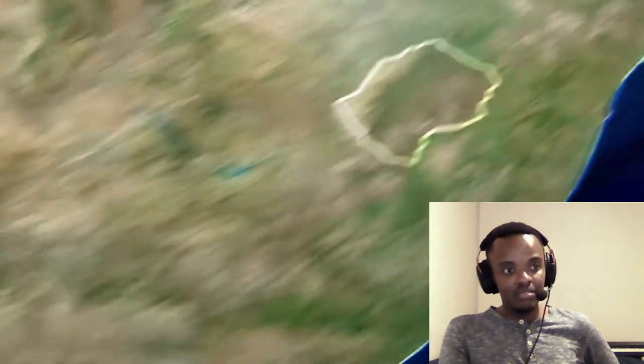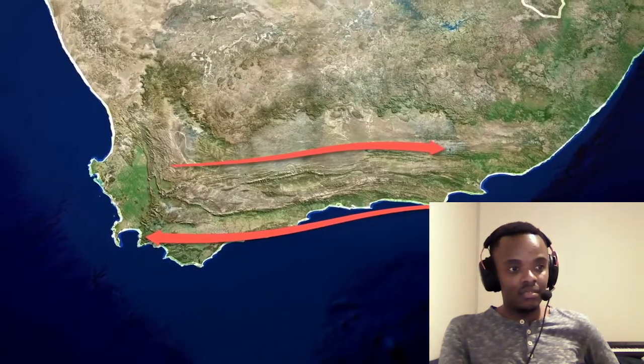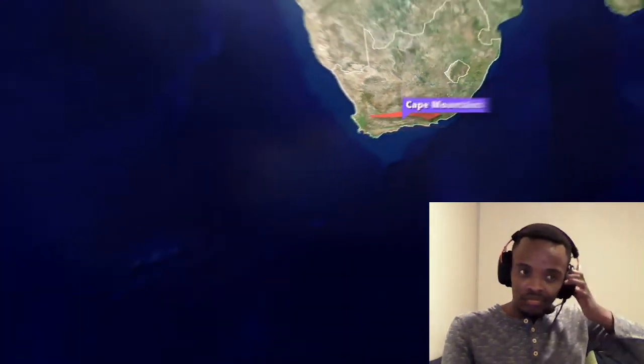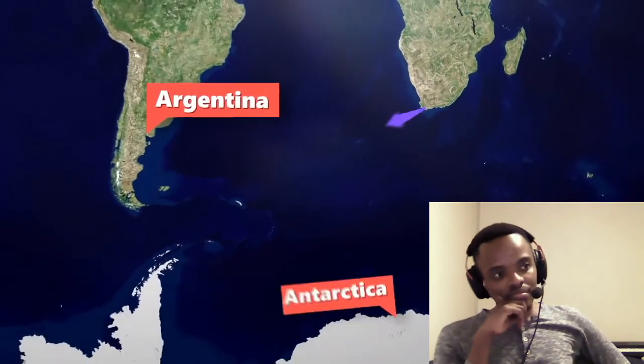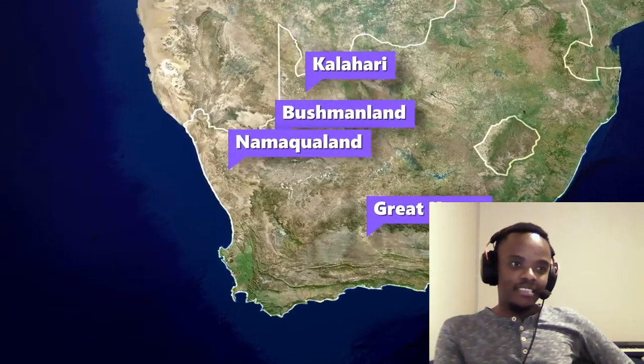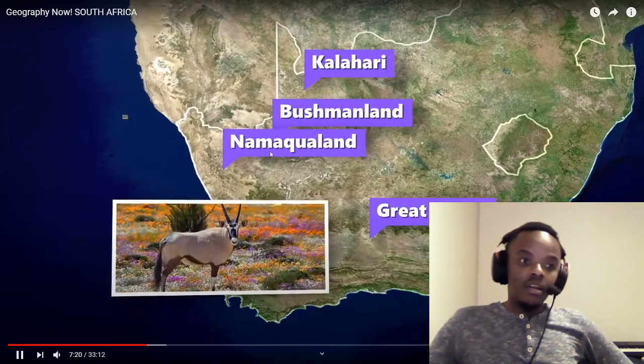If you zoom out a little bit, you'll notice the Great Escarpment has these sharp, narrow, parallel wrinkles at the bottom. These are called the Cape Mountains, which are essentially leftover sediments smashed by contrasting tectonic activity long ago, when South Africa was connected to Argentina and Antarctica in the Gondwana supercontinent. Above these wrinkles, you have the Great Karoo, Namakaland, Bushman Land, and Kalahari, which are dry, arid, rocky areas, sparsely populated and loaded with rich flora of...